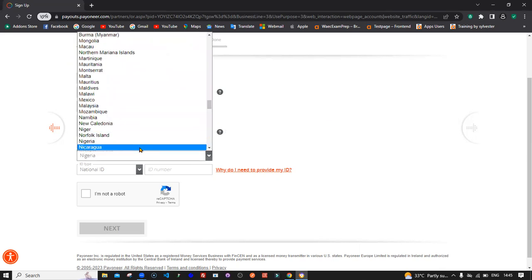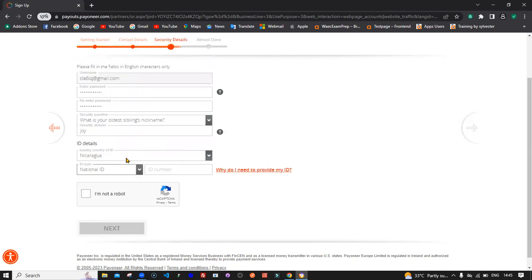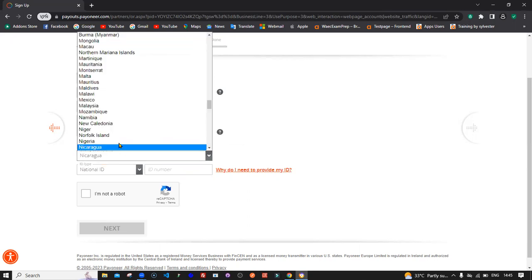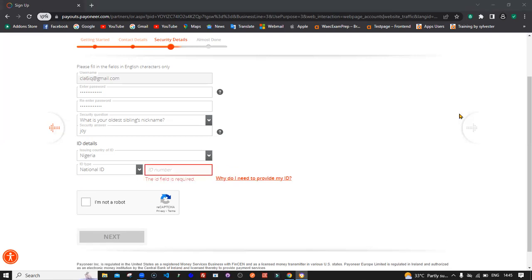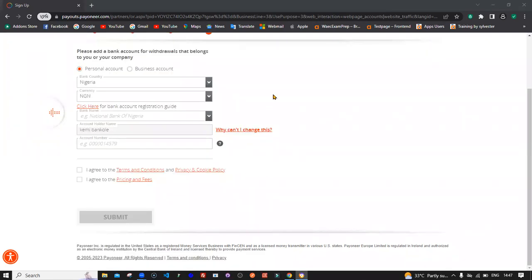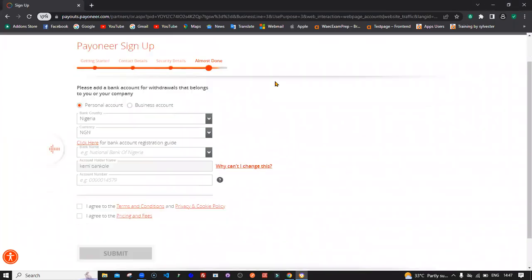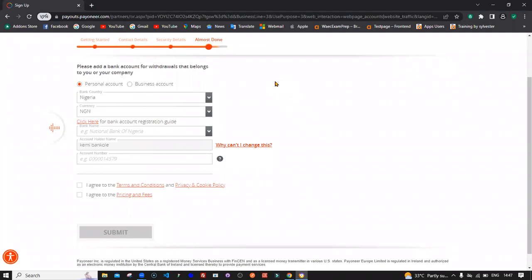Then you can now select your ID type. Okay, so I'm going to select Nigeria here. Then I'm going to select the type of ID that I want to use, national ID card. So once you put this ID number, then you can now click on next. Okay. Then after providing your ID card information, that's either your passport, your driver license, your national identification number, then it